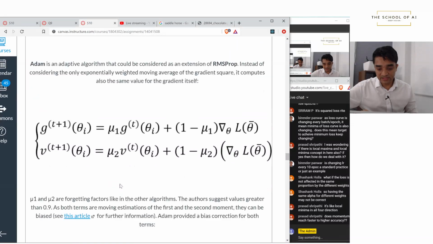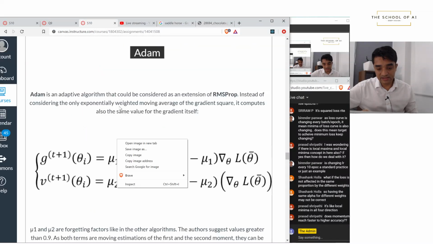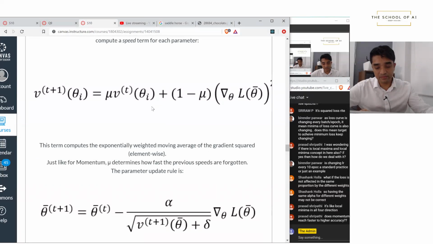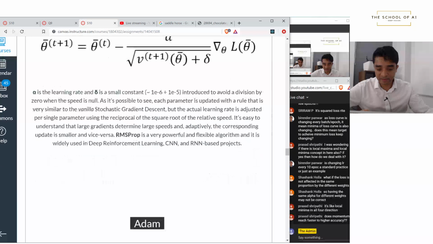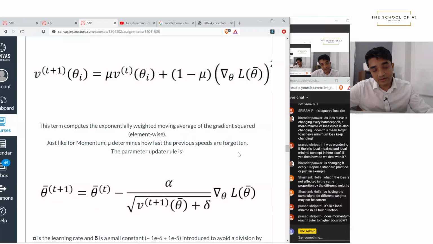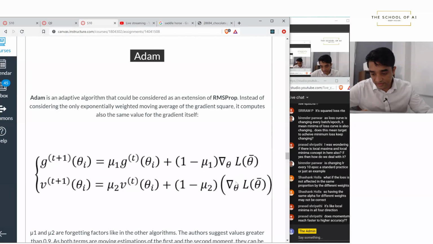Now in case of Adam, see what we have done. We have VT, right? And this VT is the same as this VT, where we are trying to calculate this new momentum term for every single parameter. But now look what happened. Here we had the loss term. Here in Adam, what we have done, we have taken this loss term and